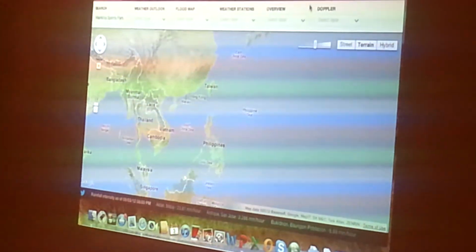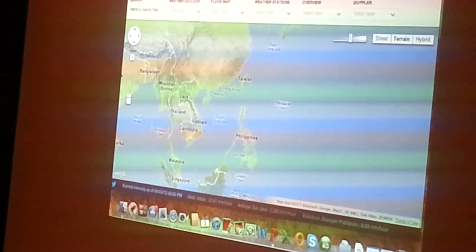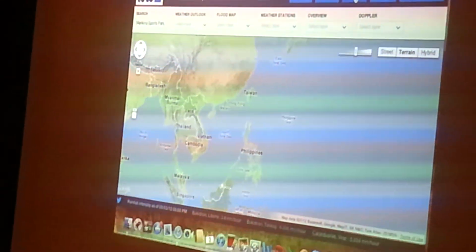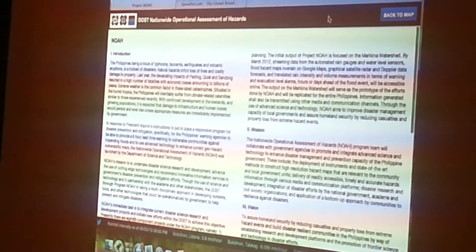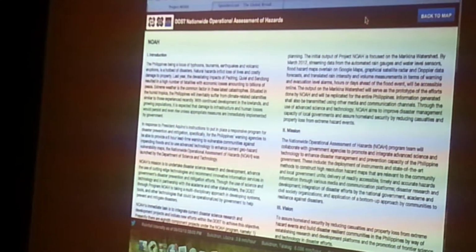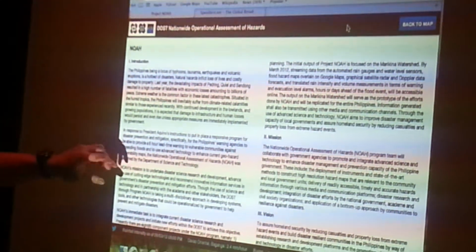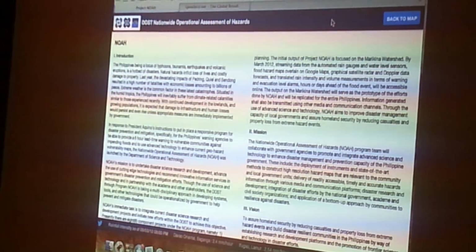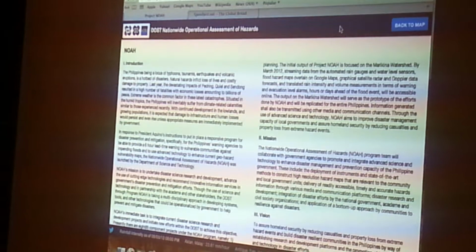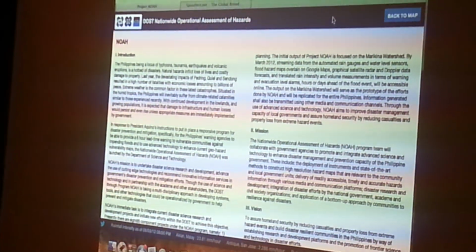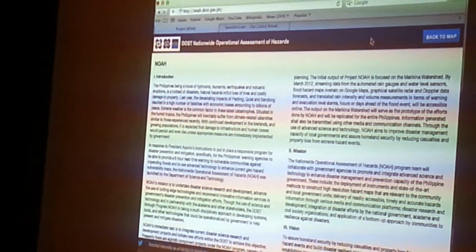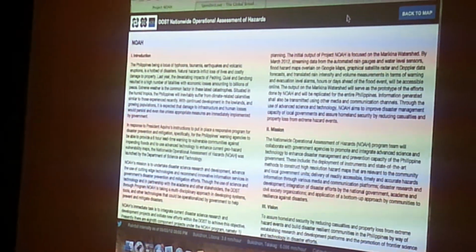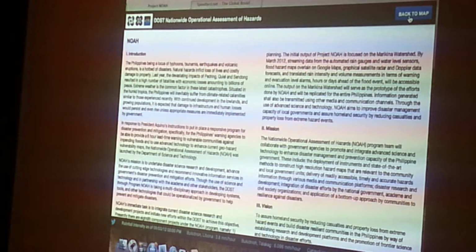You'll see there, go to the About page. That About page is President Aquino's instructions, the response to the instructions of our President to put in place a responsive program for disaster prevention and mitigation, and so on and so forth. There's a vision, and a lot of